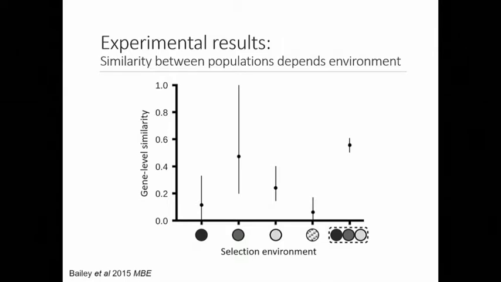And I guess the take-home message from here is just that there's variation, and also that there is actually some significant variation. So depending on what sugar you're adapting to, you're going to see different levels of repeatability